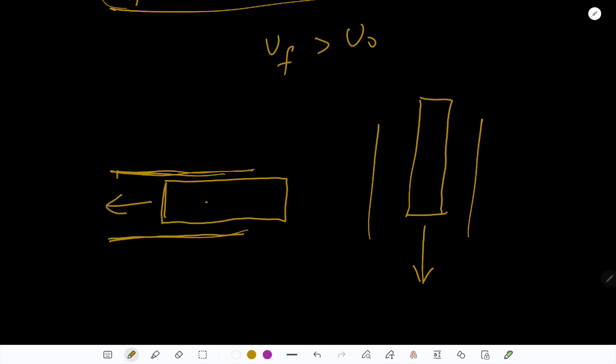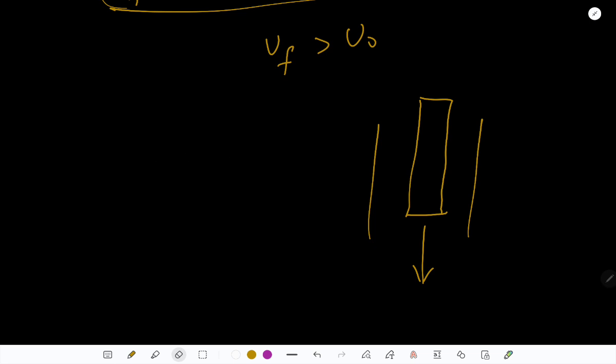The same thing is going to happen here, and the electrostatic forces during the removal of the metal plate will be in this direction, and in this direction will be the